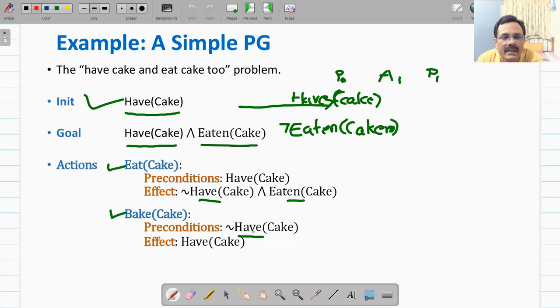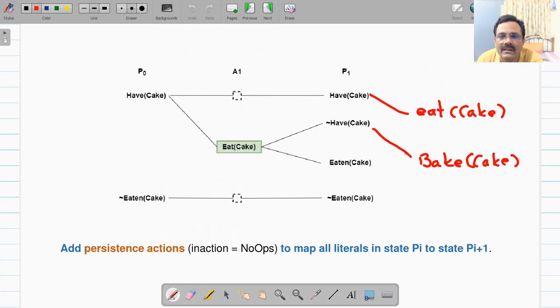Then for eat cake the effect is not have cake and eaten cake. So this link, persistent link, no-op link, you are going to introduce here.